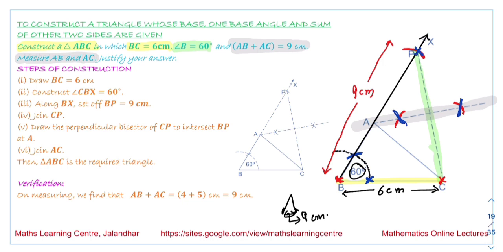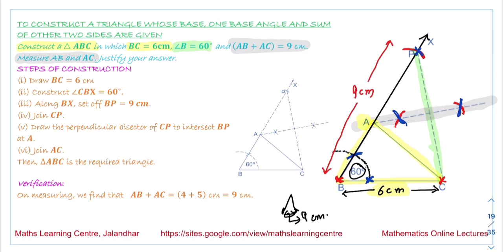And this line, where it intersects with the line BX, we say this point is A. And what we get now is that this length BC is 6 centimeter. The sum of the lengths AB and AC will be 9 centimeter. This we can measure and we are going to verify this result. So we are going to give the proof of why this length is equal to